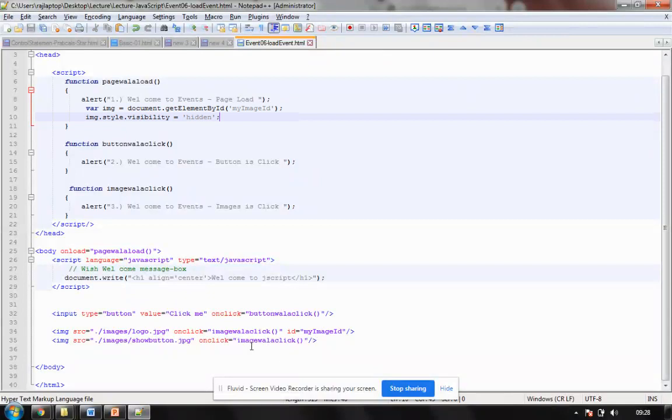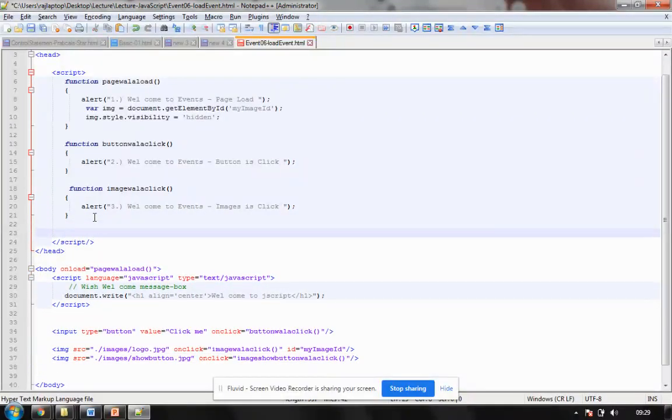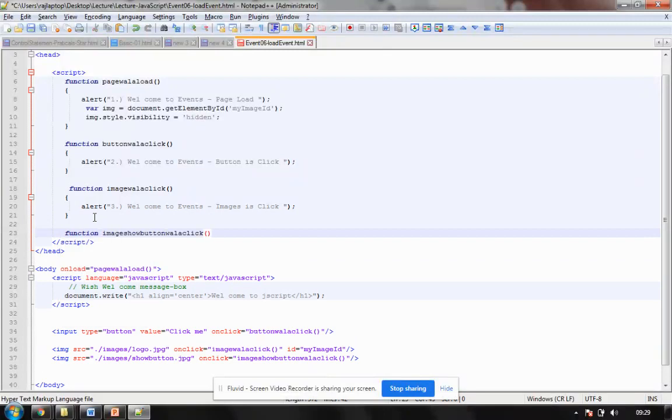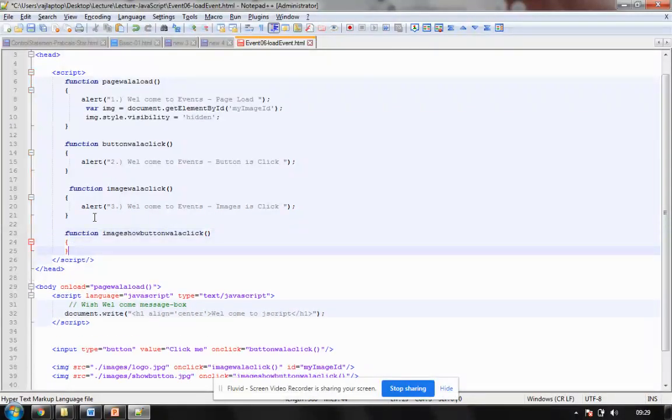So I'll be going for this next image, and I'll be saying the image's click, the show button's click. So this is my bigger function name. So I write that function here now: function, name of the function, and the curly braces.